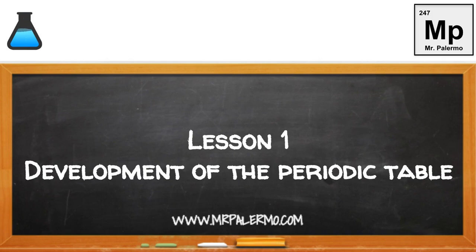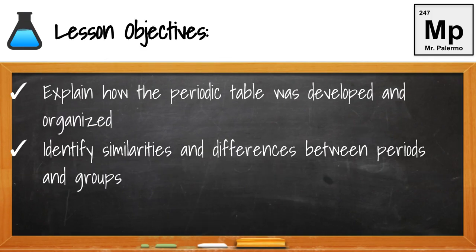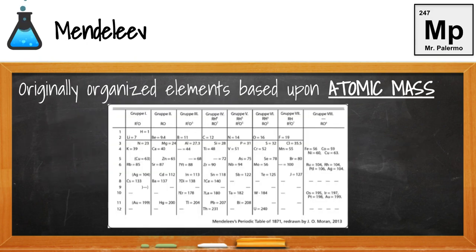Welcome to Lesson 1 on the development of the periodic table. Our lesson objectives: explain how the periodic table was developed and organized, and identify similarities and differences between periods and groups. The periodic table was first organized by Mendeleev, and he organized these original elements based upon the atomic mass,